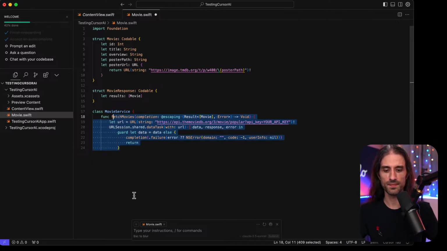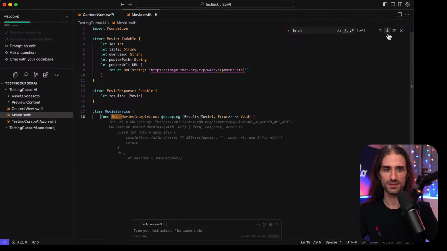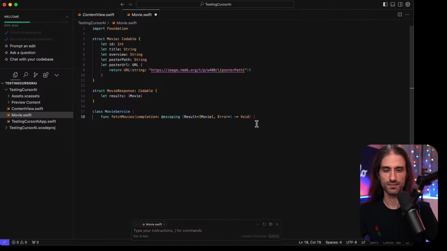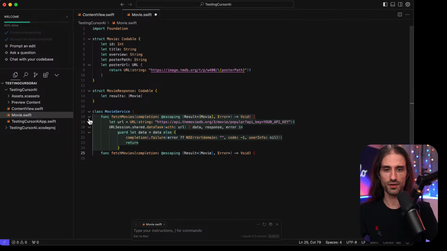So I'm gonna try and see if I can just say, so I liked fetchMovies. Can I also, if I do Shift Tab, can I try to alternate between several suggestions? I don't know how I can do it. Oh, no, you know what? I can use the chat feature here. So yes. So let's accept what it's going to give me for now.